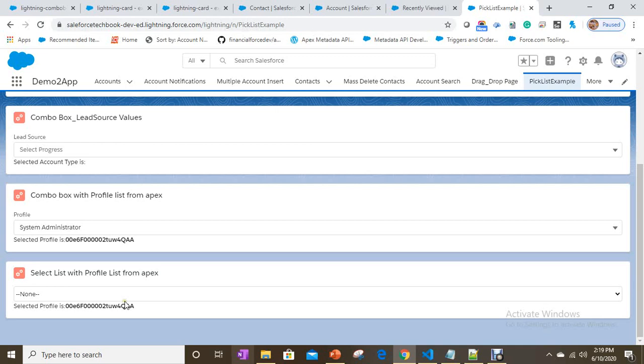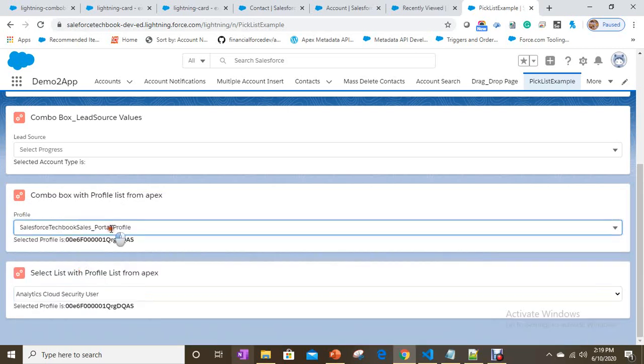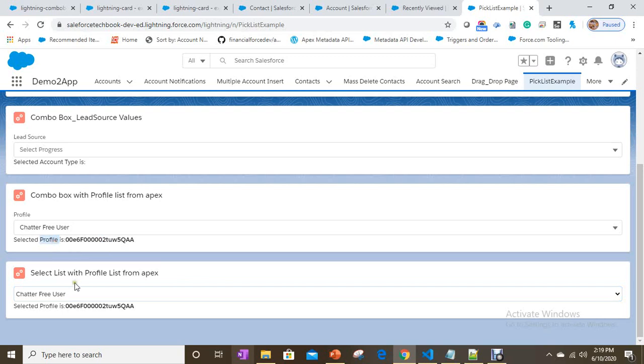We'll see. So first of all, let's see. If you select here, then it is changing automatically because it is changing in the combo box, right? But if you change in the combo box, it is not reflecting in the select list, because I already explained. But why is it happening in the combo box? Because it automatically reflects with the help of the selected property, but not in the case of select list. Now we are going to do that also.